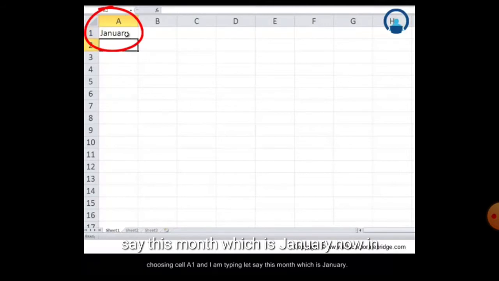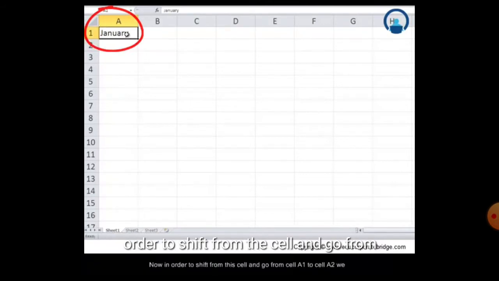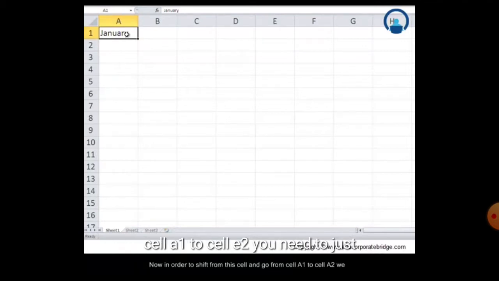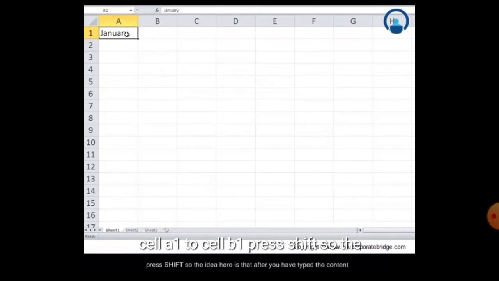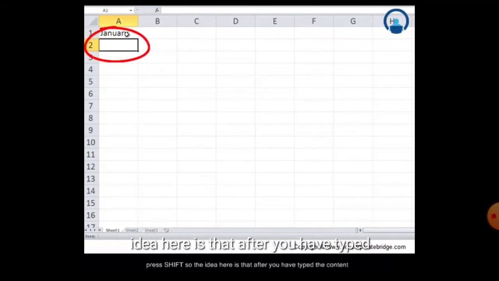We write January here, and then press Enter. Automatically it comes downward to A2. If you want to write in another cell, you have to press the Enter key, or you can move to the right-hand side by pressing Shift.